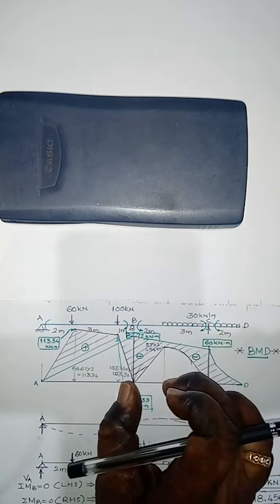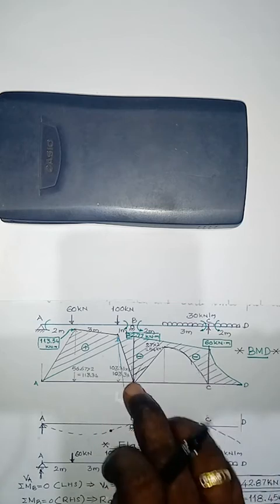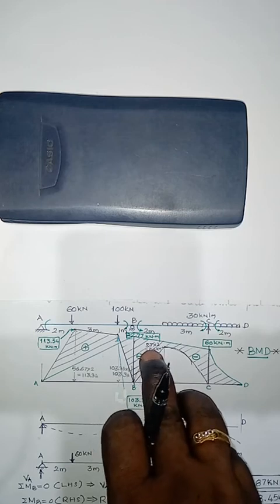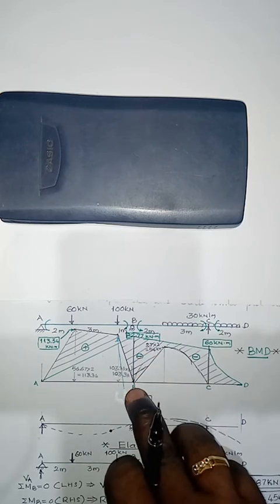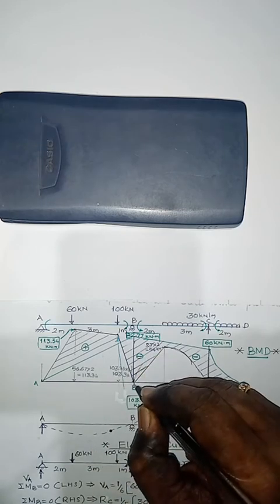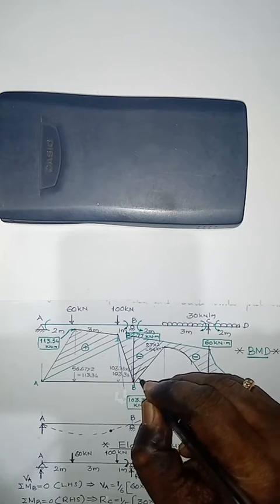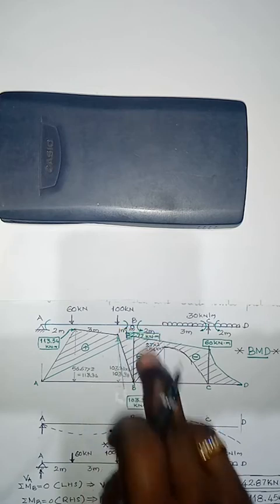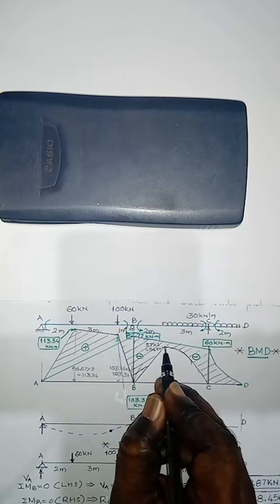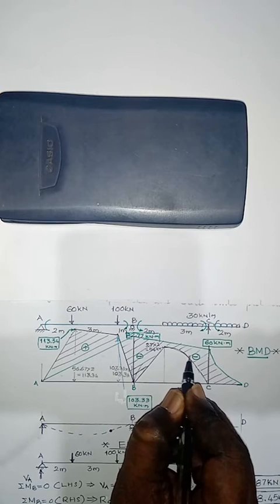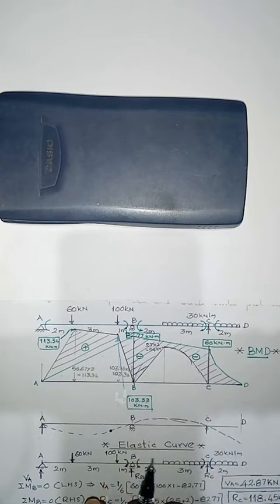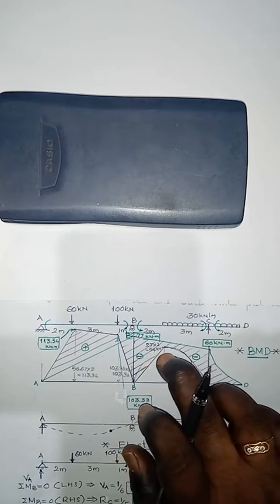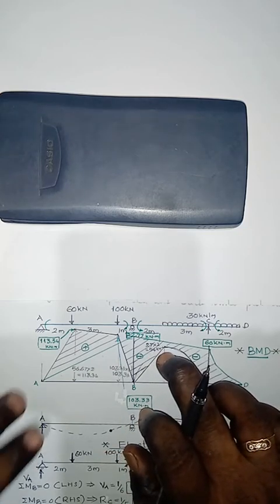Here the bending moment in the simply supported beam at the support is 0. The reaction is 27 into 2. This is a straight line, so join this by a straight line. This is the bending moment variation in this portion. There are no loads from this point to this point; this is a curve, a second degree curve, that is parabolic. That one is 54.